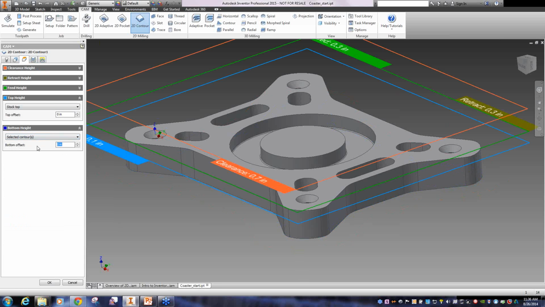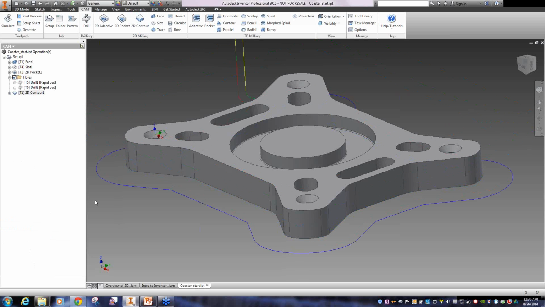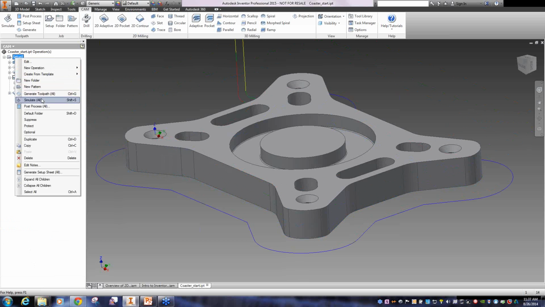And we might push that down just a little bit to get the bottom of the tool below the part, and hit OK. And we can machine that contour. And I mentioned this before, don't forget you can drag and drop, just like if you're an Inventor user, how you can order things. If we simulate this,